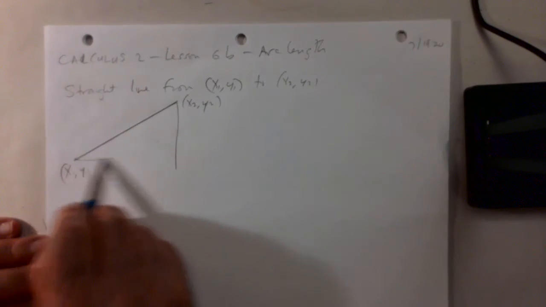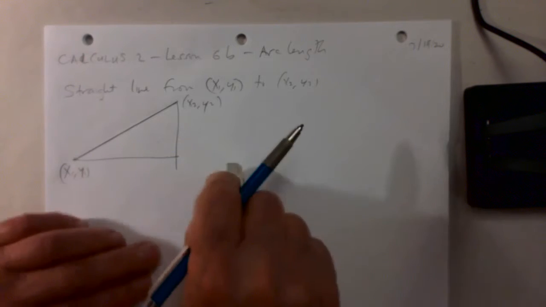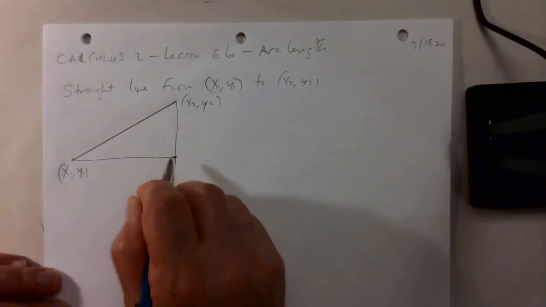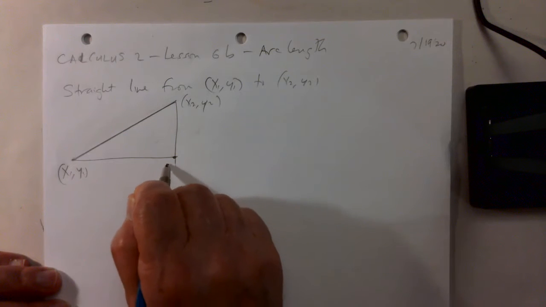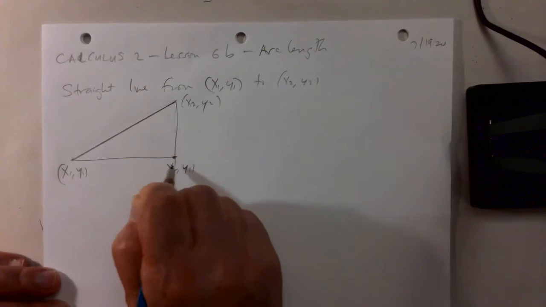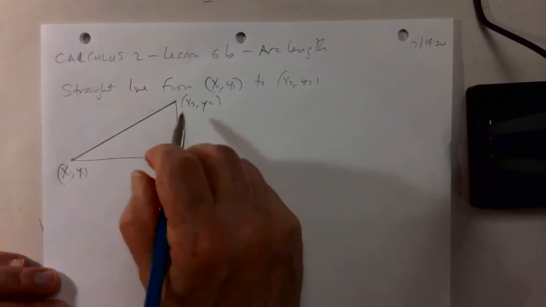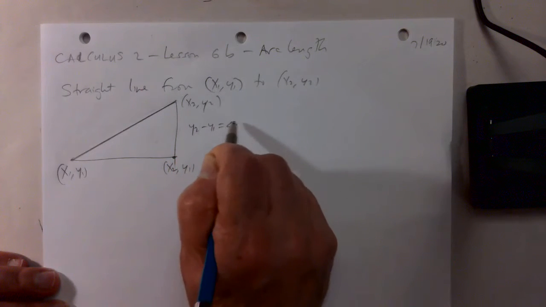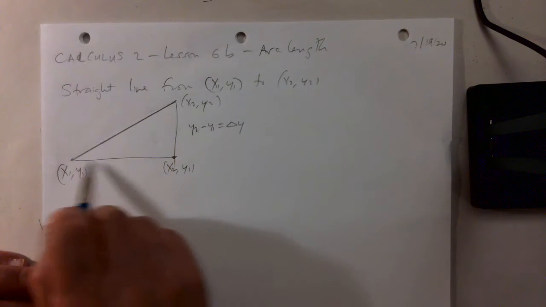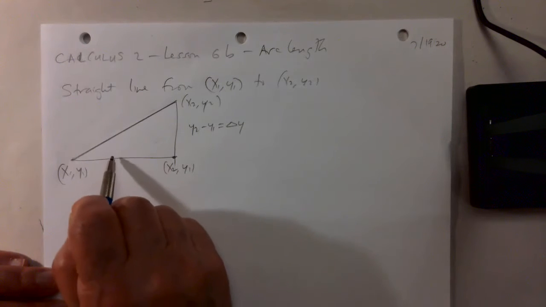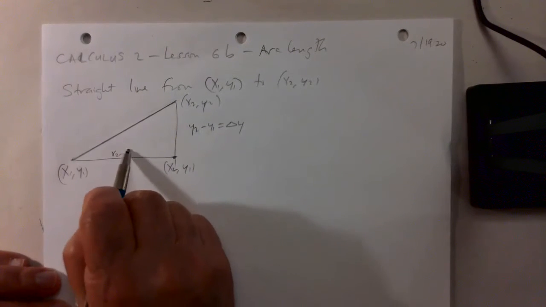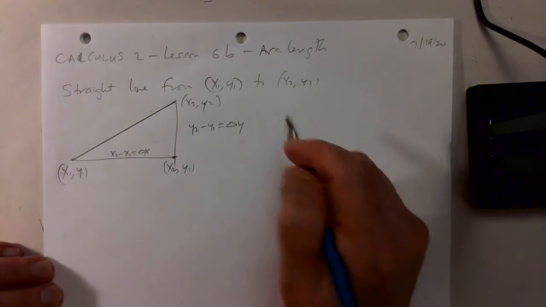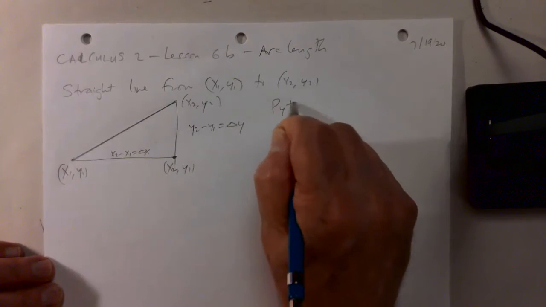Let's just draw the right triangle. So this point has coordinates x2, y1. The length of this line is y2 minus y1, which I'll just call delta y. And the length of the horizontal line is x2 minus x1, which I'll call delta x. So by the Pythagorean theorem,